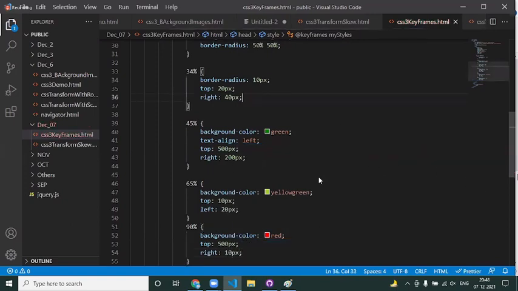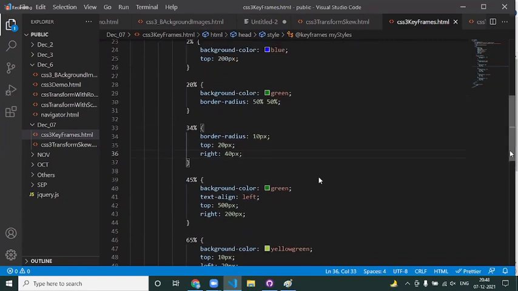These are the percentages I would like to control when the element is moving from one position to another position.